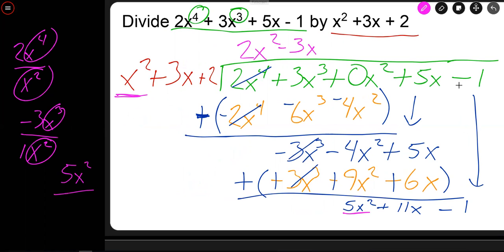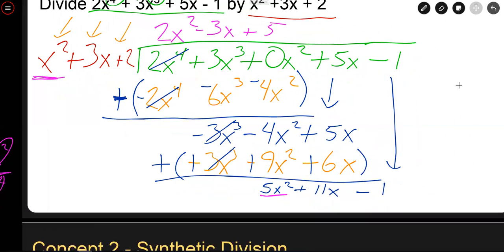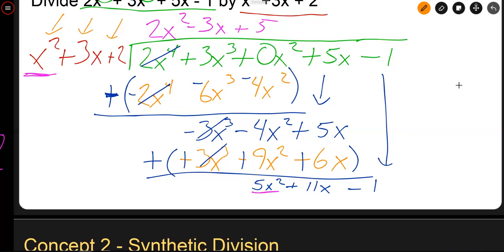5x squared divided by x squared. 5 divided by 1 is going to be 5, and x squared divided by x squared is just 1. So all I have up top this time is a positive 5. Again, I'm going to multiply that by x squared plus 3x plus 2. When I do that, I get